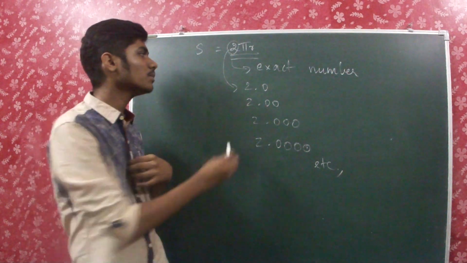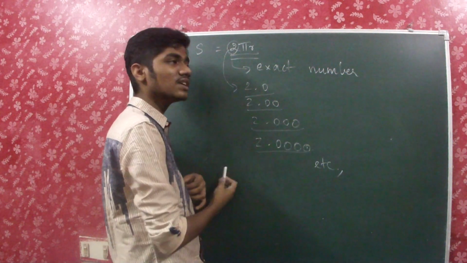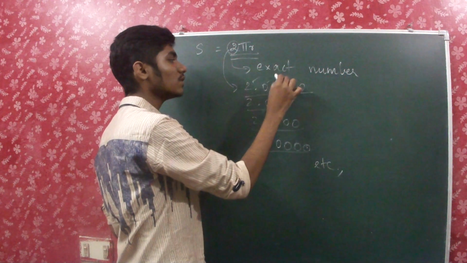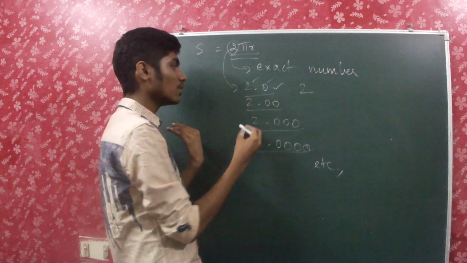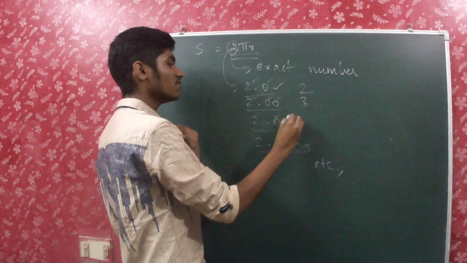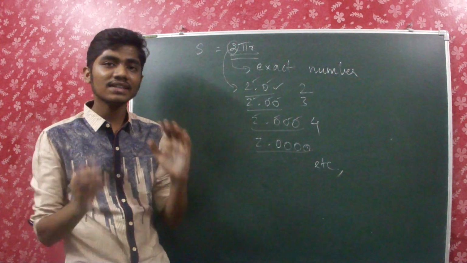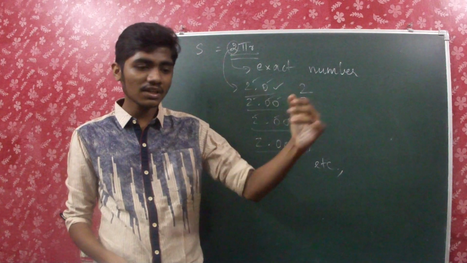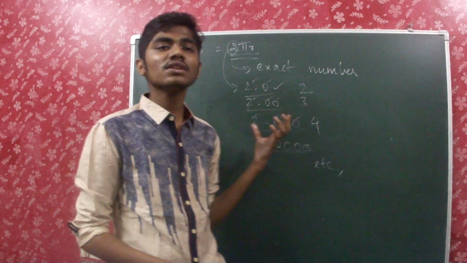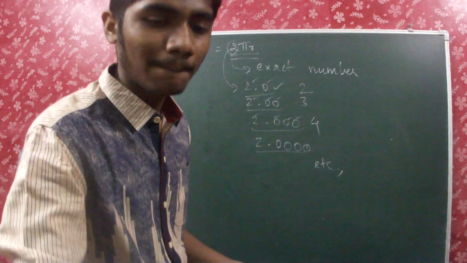So you can write a single number in all these kinds of forms. And can you tell me how many significant figures are there in each of these? Here there is 2, because we have to count the zeros after the non-zero digit. Only if the 0 comes at the first, we should not. Here it's 3, here it's 4. So an exact number like this, which is not given with any other information, can have an infinite number of significant figures if written in different forms. So that's why I wrote this.